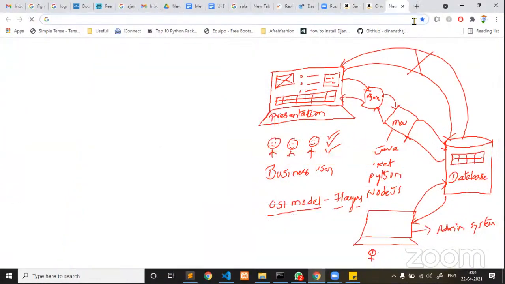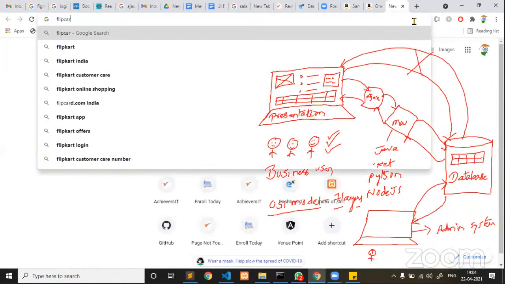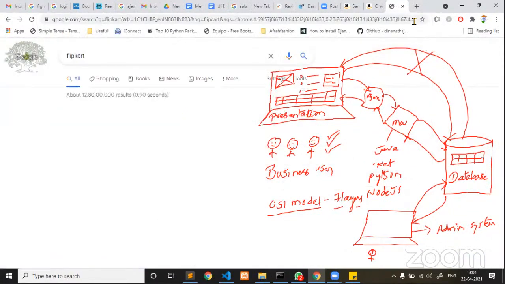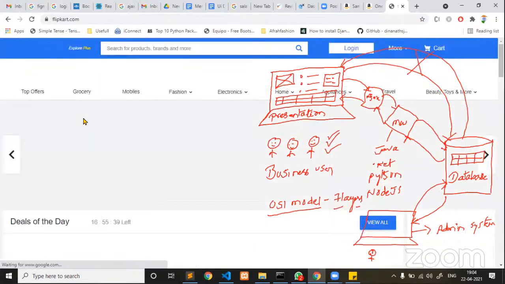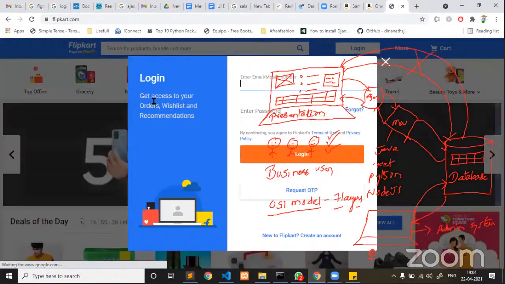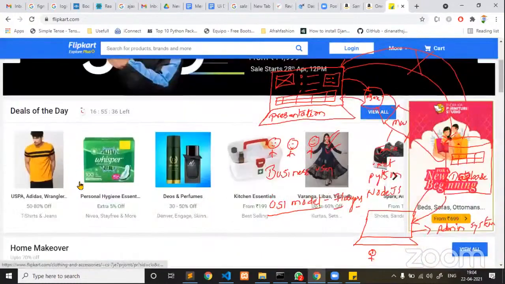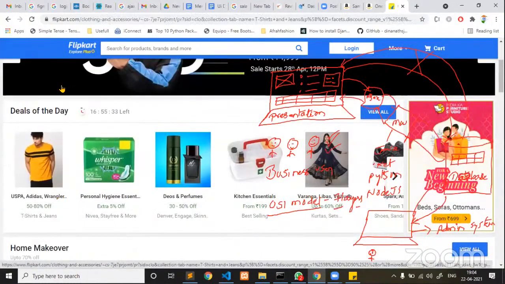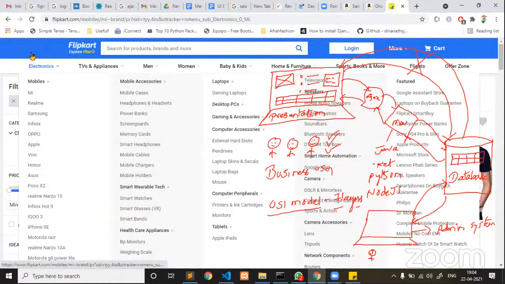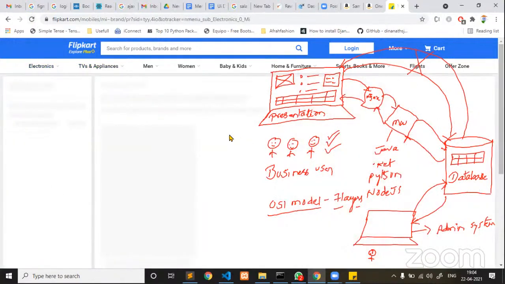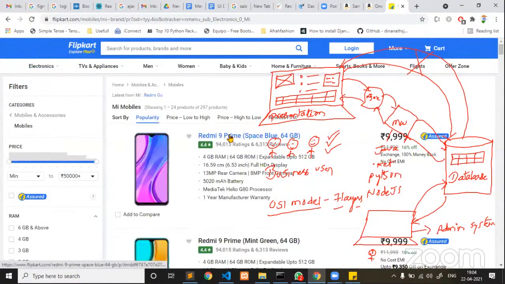Similarly, if we go back to Flipkart, the Flipkart website is built with React.js as a front end. Now, guys, if you click on any of the products, you can observe the page is not reloading. Whatever you click, if you go to MI, the page is not reloading, but the data is loading from a backend. Now why don't we want to reload?